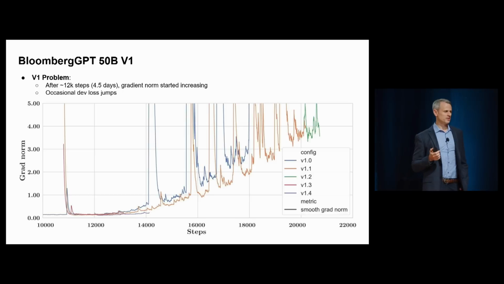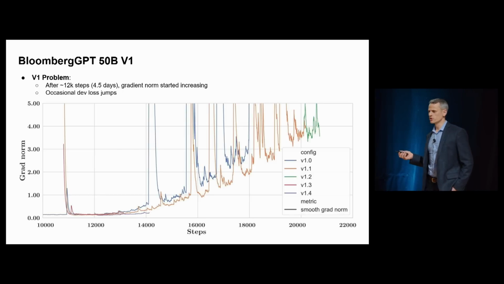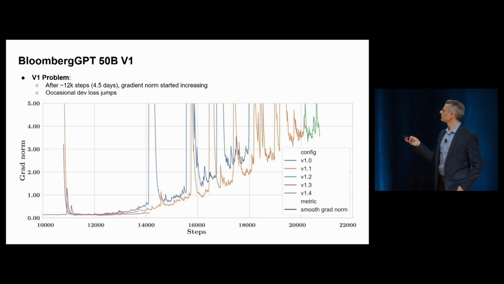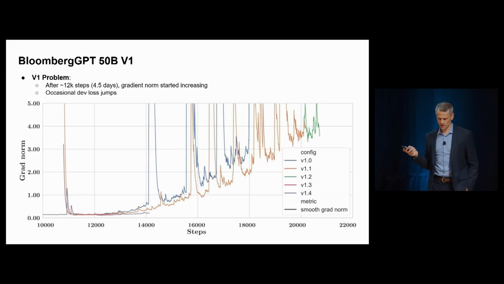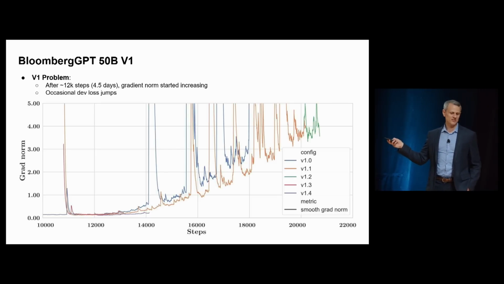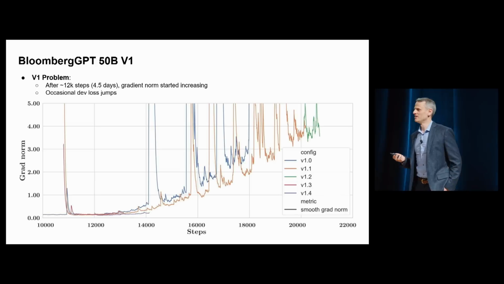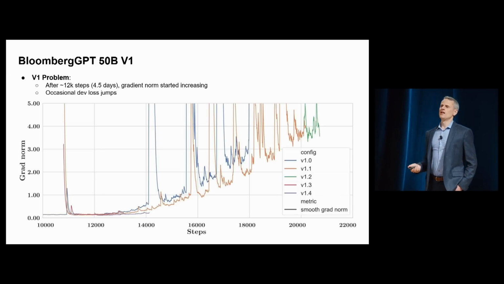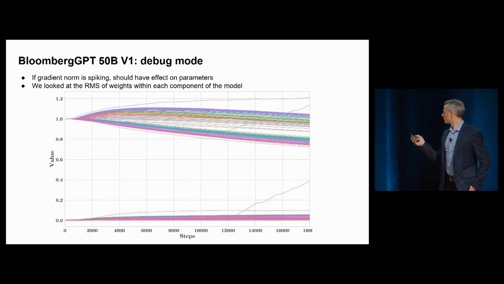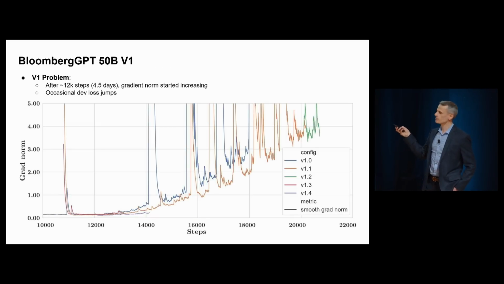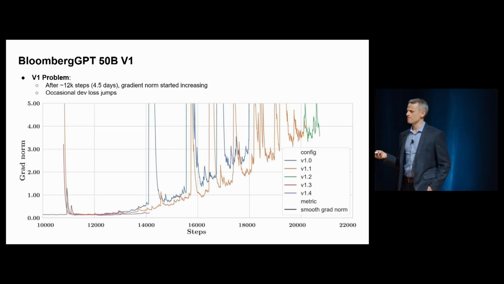So here's the gradient norm over time during our version 1 training. There are at least two curves here. Keep your eye on the blue one for starters. The graph starts again at around day 4, and things are going fine, a little blip here. And then this blue line, this gradient norm curve, makes a turn and starts heading up almost linearly with big spikes mixed in. This is textbook instability prediction, an early indicator of instability. And indeed, around the time the spikes happened, the performance was also going down.